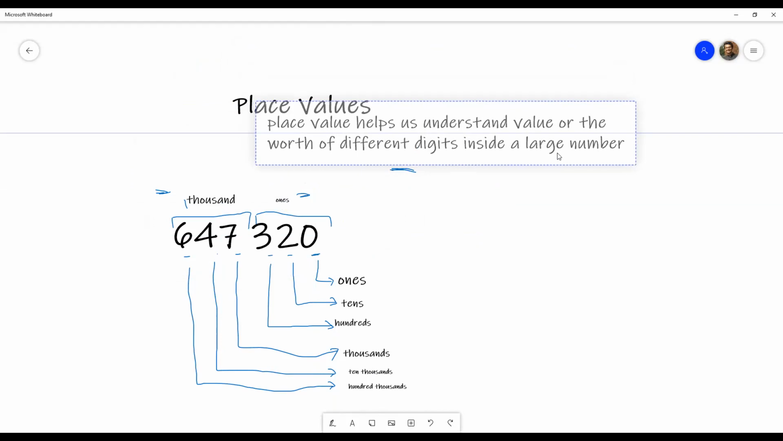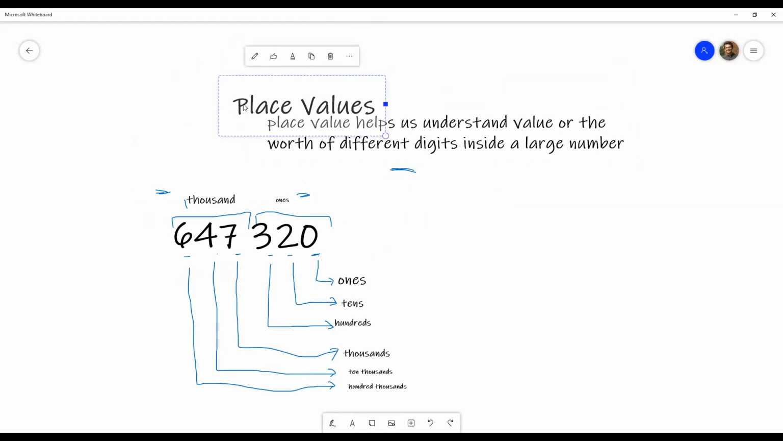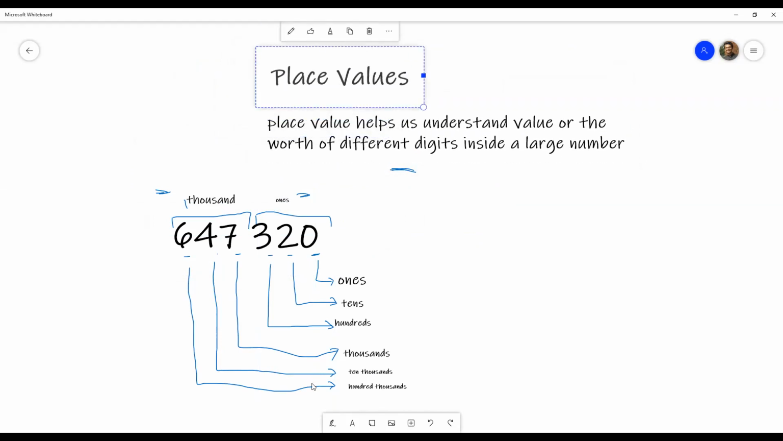Sir, why do you count it from the right side? Oh, that's how the value gets larger. We have to count from the right, but pronounce it from the left. Like we start from